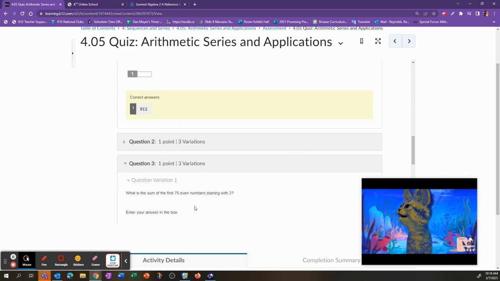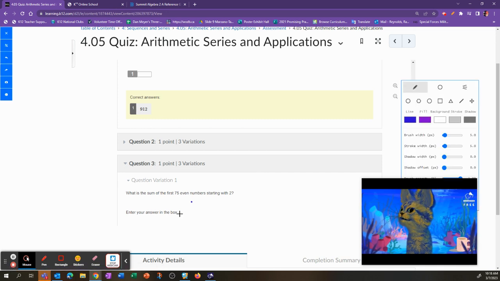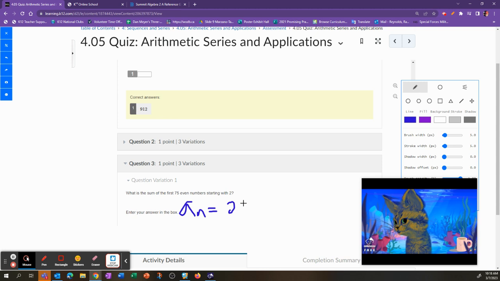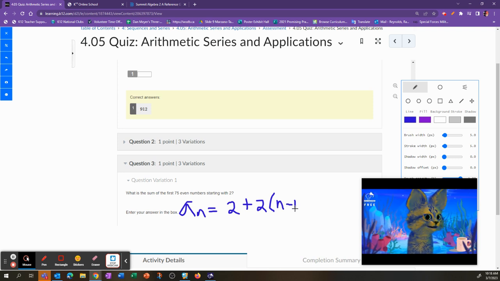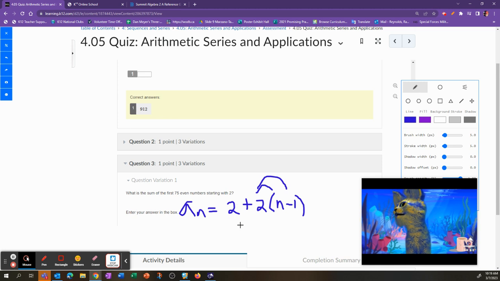So we know now that we have an a sub n. Here we go. a sub n is going to be equal to 2 plus 2 times n minus 1. Notice I switched it, and that's okay. All right, we distribute, we get 2 minus 2. So the sequence of even numbers, this is very cool, by the way, is a sub n is equal to